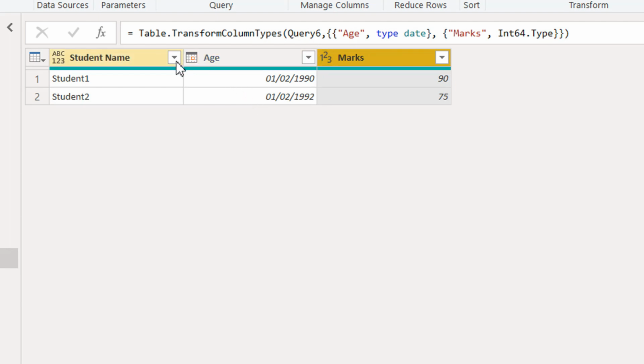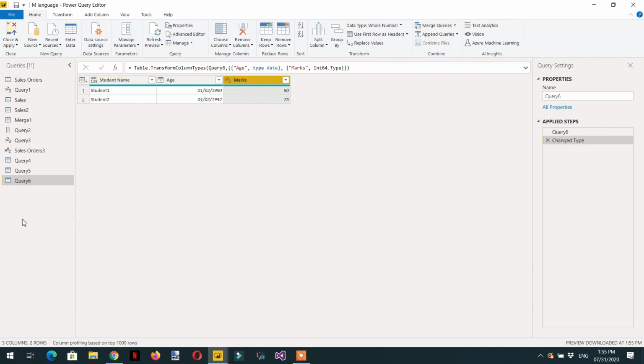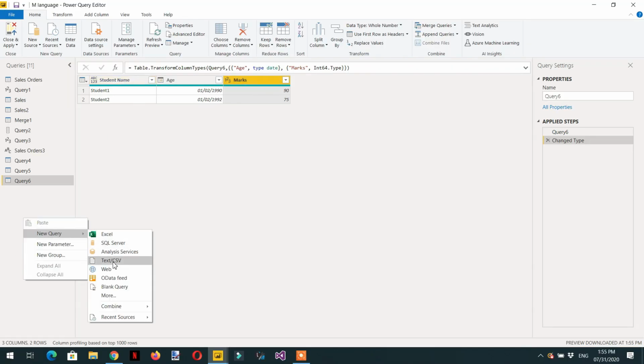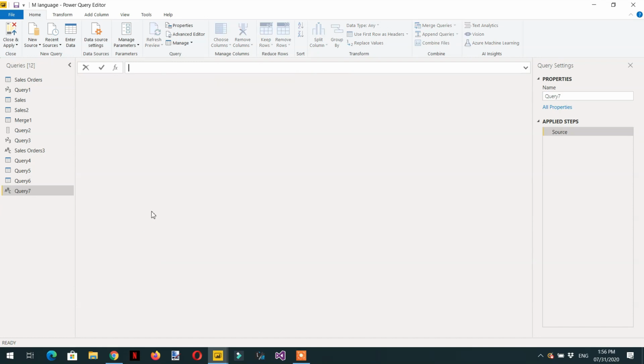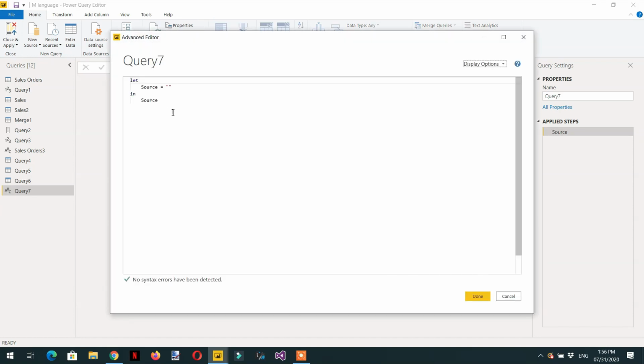Now let's try to create one more query, where we don't need to do these steps manually. So how can we do that? Let's click blank query, advanced editor, and here we have to write, let me zoom in, #table, and then we have to declare the header types. First we need to write here type table,